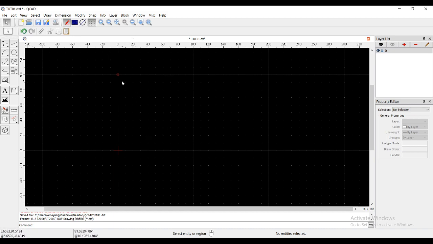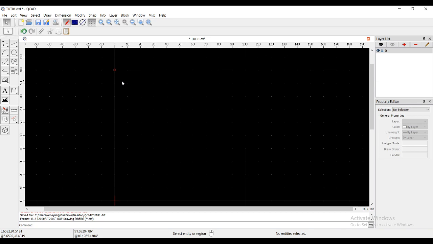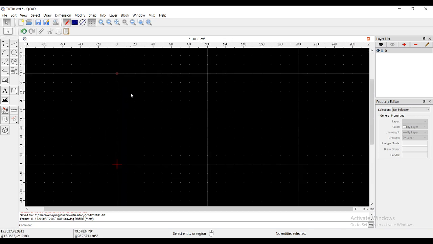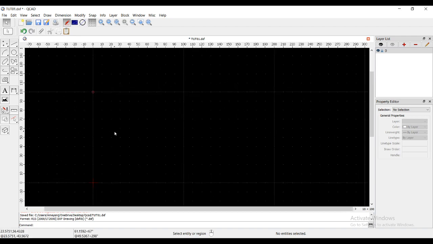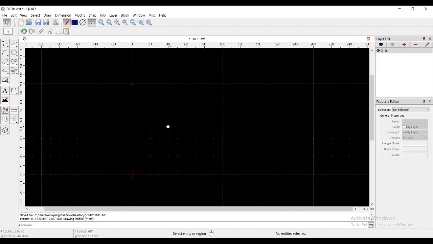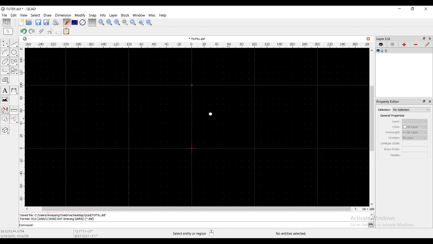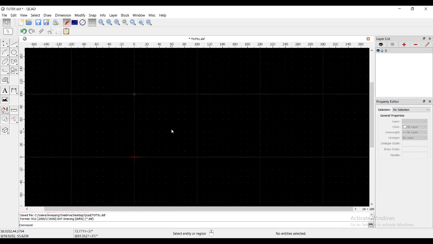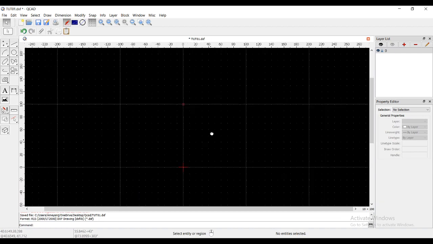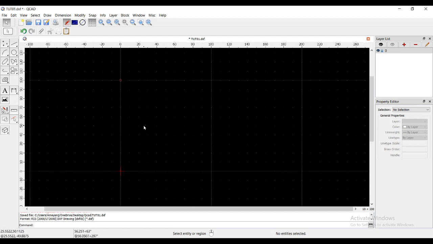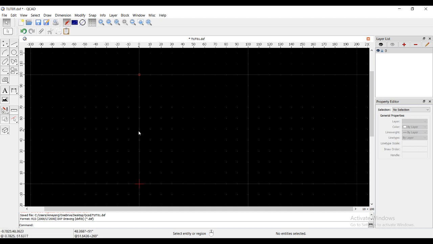The mouse control I talked about: scrolling lets you zoom in and zoom out, like in various softwares, and if you click on the scroll, that will work as a pan. In 2D you just need these two commands to view or control your drawing area, zoom in and zoom out, and pan. We will discuss various viewing tools later on, but these are the basic things you can understand just by entering QCAD. This is how the basic structure of QCAD will look. So get familiar with these things.